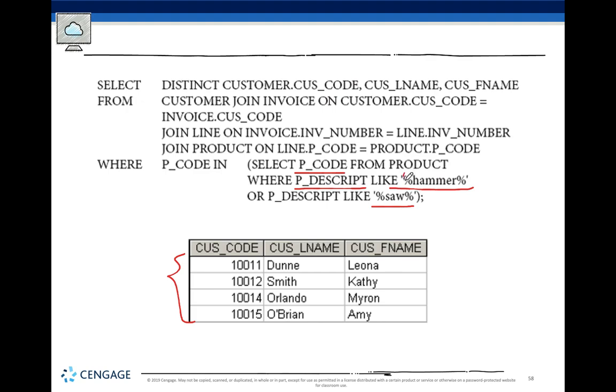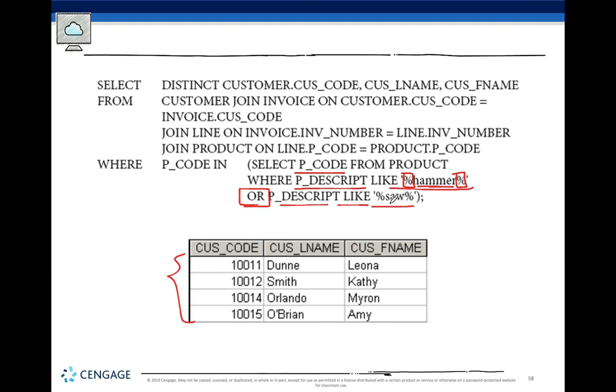And if you remember this wildcard character, if you place the wildcard character both in front and back of the word, it will look for all descriptions that have the word hammer in them. And the word hammer could have anything before it or after it. Similarly, we use the keyword or,